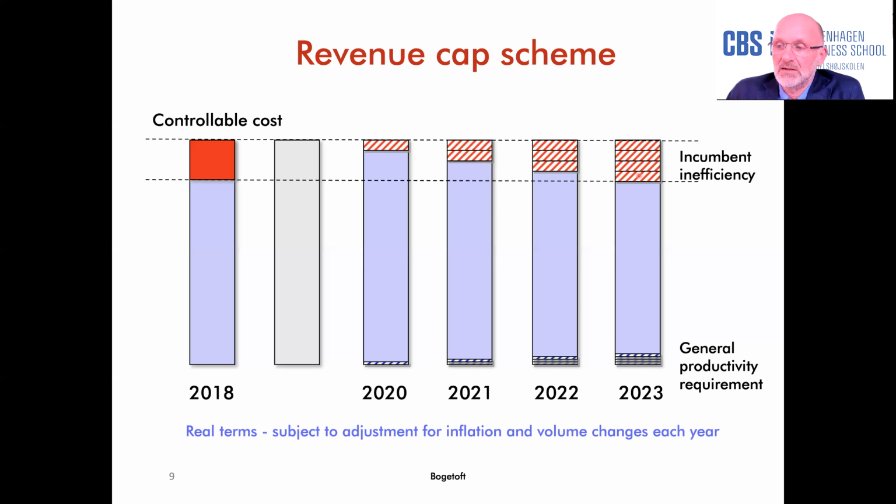At the same time, as we showed in the previous illustration, we also believe that there's going to be technological progress. So even the best is going to be able to do it cheaper and cheaper. And therefore, you might also just cut like 1 or 2% at the bottom here. So after these 4 years, you are not allowed to have the same amount of controllable cost. Now you only have this blue area here left.